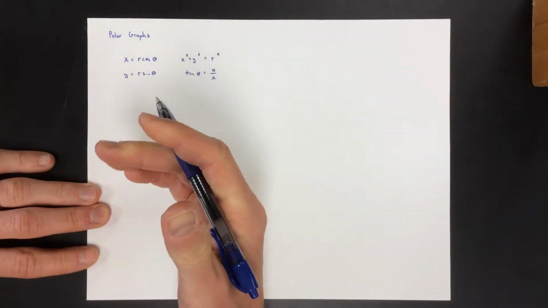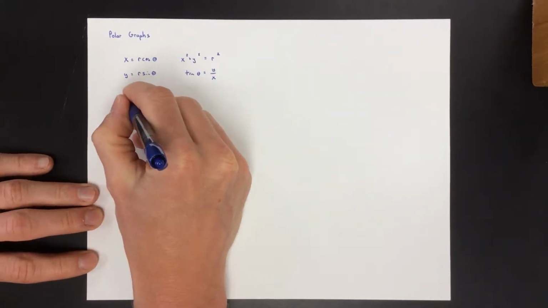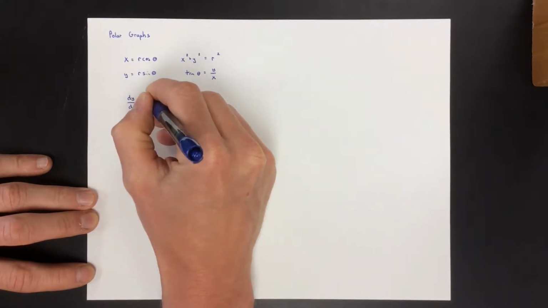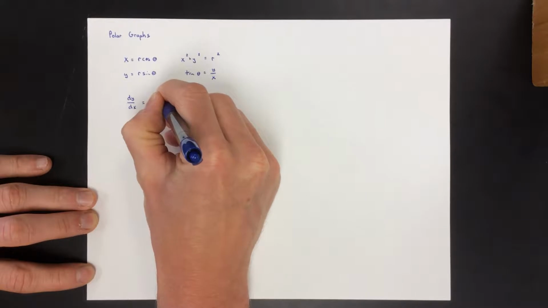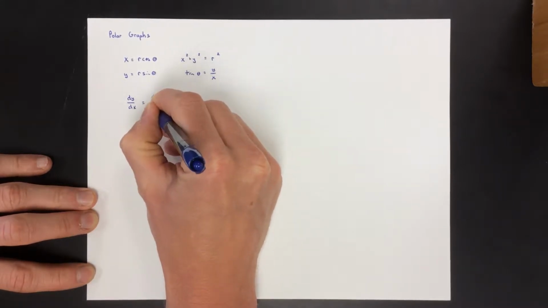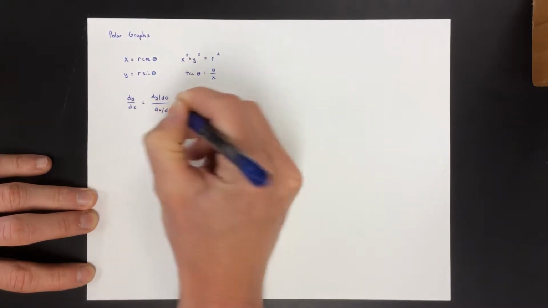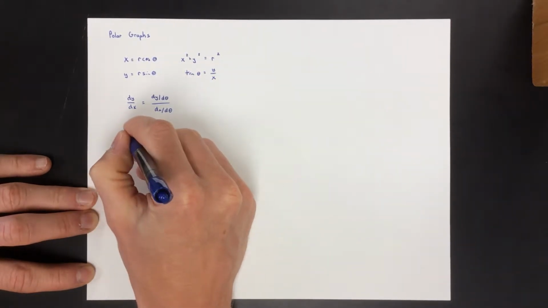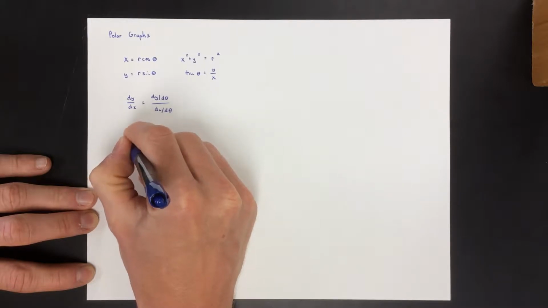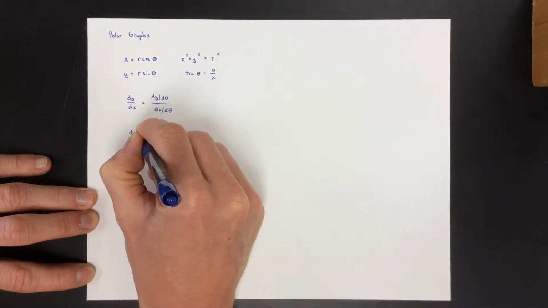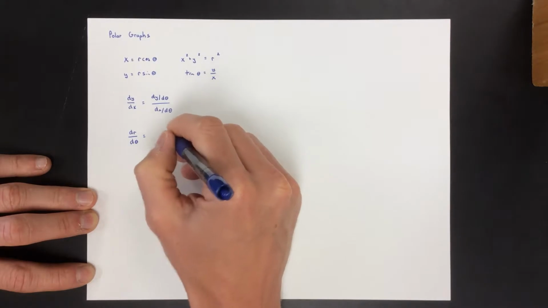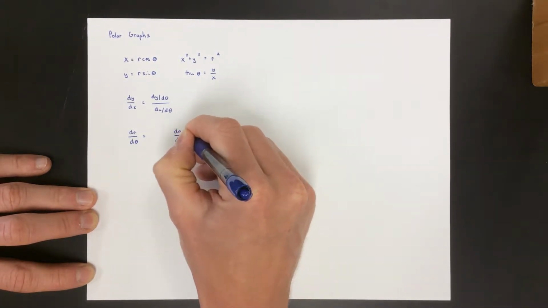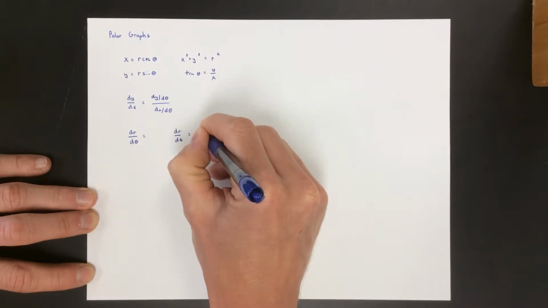And then we have the calculus ones, right? So we can look at dy dx, which is and always will be the slope of the graph. The slope of the graph is dy d theta over dx d theta, which is taking this derivative with respect to theta and this derivative with respect to theta. We can look at dr d theta, which is just taking the derivative of r with respect to theta. We could look at dr dt if we had d theta dt, so that's dr d theta